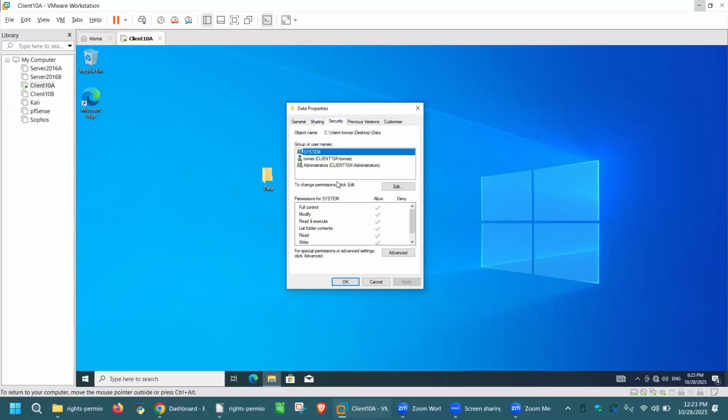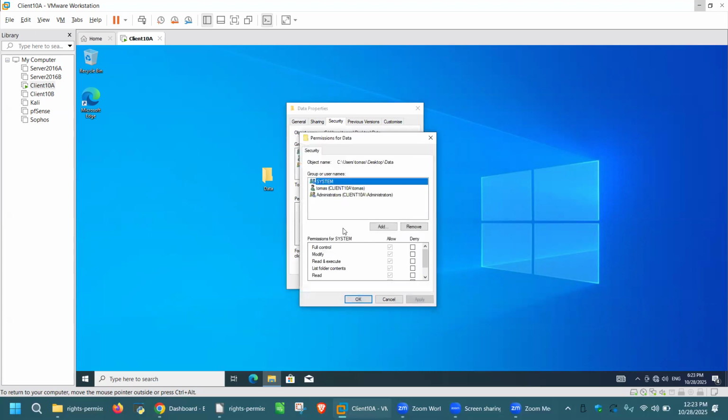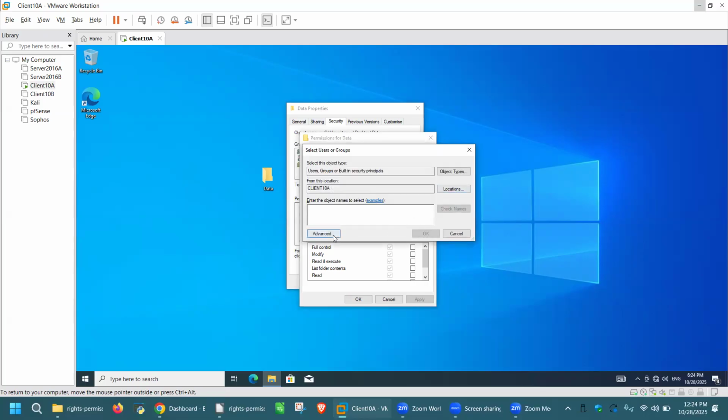So local pertains to your system only, and sharing is over, say, the network. So we're going to go with our local first, which is our security tab. Here we can see that we have user and group names. And if you select edit, on the next screen here, we can see we have our system group, we have our client 10A Tomas, which is our local user, and then we have administrative groups. So these are the three groups where you have the permissions and rights settings managed. Now I'm going to click on add, and then select advanced